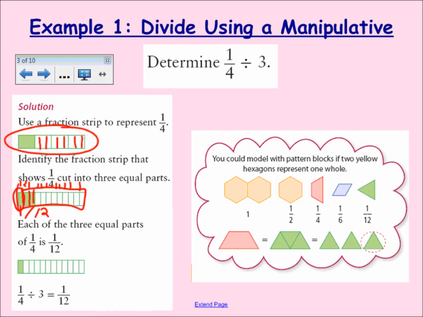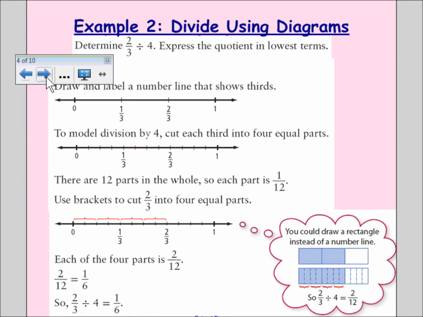We could also model it with pattern blocks if 2 hexagons represent one whole. So 2/3 divided by 4. We're going to use a number line, and we're going to express the quotient in lowest terms, but that's at the end. Let's draw a number line that shows thirds. So we've drawn, here's 0, and here's 1, and we've split it into 3. So there's 1/3, 2/3, 3/3. We're going to divide each one by 4,